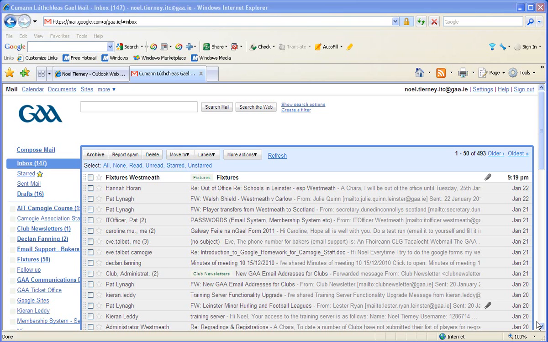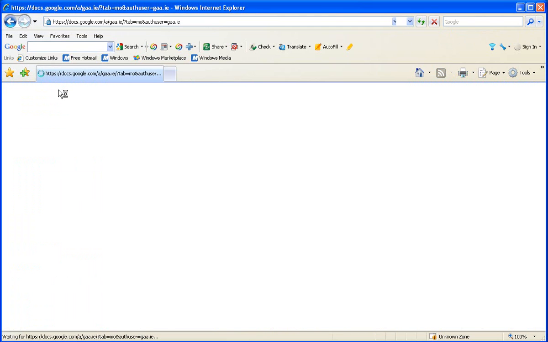In this clip we're going to look at some of the features of Google Documents. So I'm logged into my GAA email account and I'm on the mail side of things. Over here, just to the right of and above the GAA logo, are Documents. So when Documents are opened up, you basically see a list of files, and one of the advantages of Google